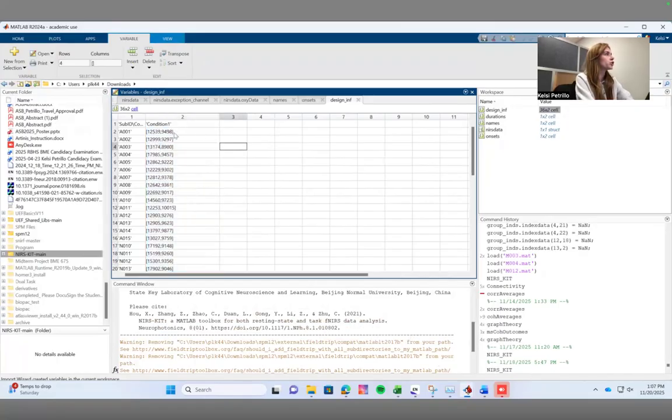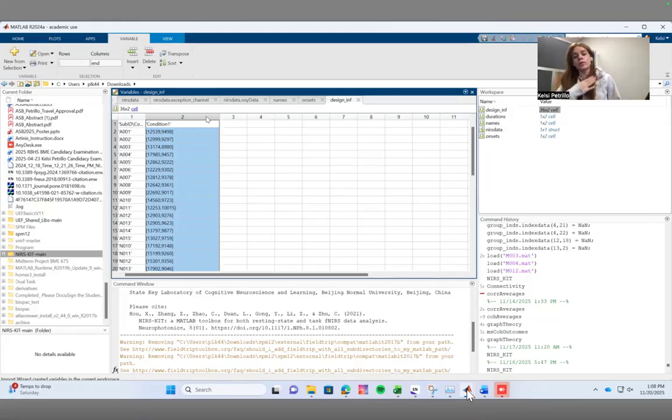But basically what it should look like is you should have a column with your participant IDs, and then you should have at least one column, maybe a few columns for however many conditions that you measured. For me personally, this is kind of a unique data set to run a GLM on. Usually,